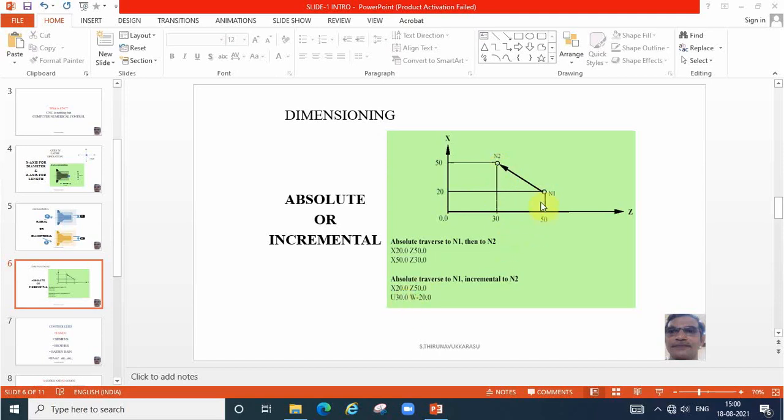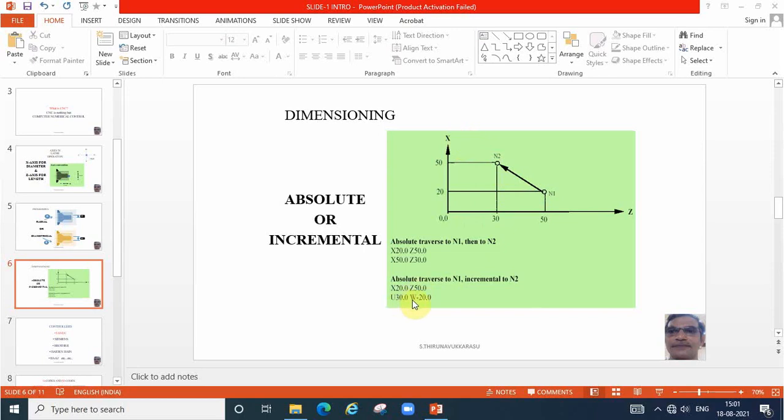What is the z value? The tool went from 50 to 30, so this is a negative value. 20 units reduced, so we write w minus 20. This is called incremental. Now from n2 to n3, somewhere the tool is moving. We take this as the reference point and write the variation from n2 to n3 using u and w.